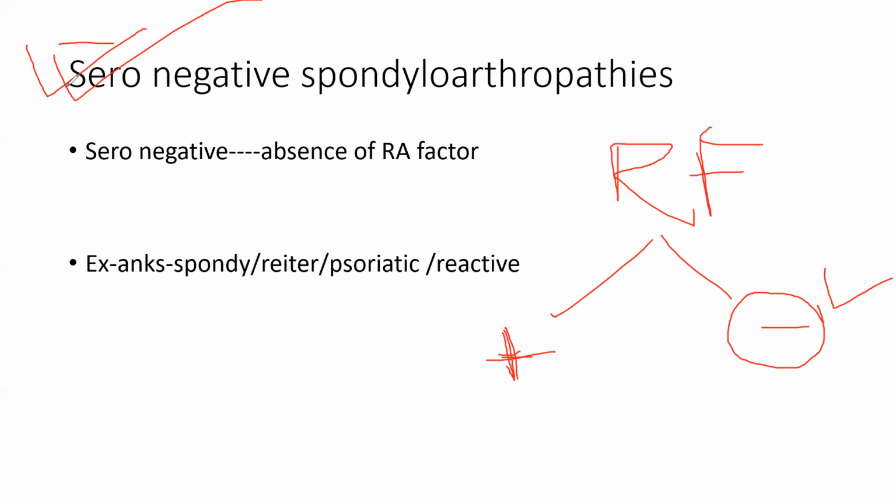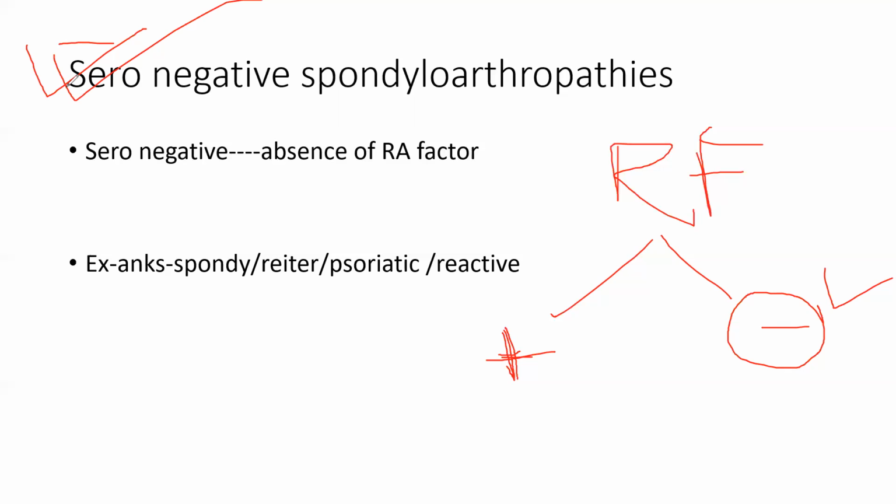So what happens? A patient comes with multiple deformities in the hand and wrist and everything. Okay, you send the patient for anti-CCP and rheumatoid factor. If anti-CCP is positive, then the patient has rheumatoid arthritis. No confusion. If the anti-CCP is negative and rheumatoid factor is positive, that comes under a different disease. If RF is also negative, then there is a set of problems in which RF factor is negative.